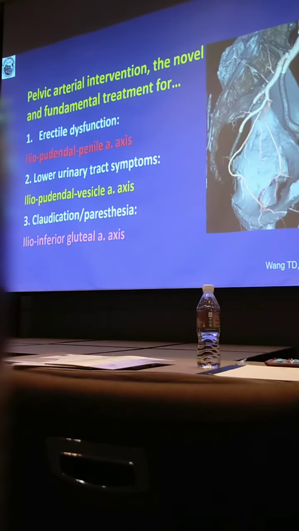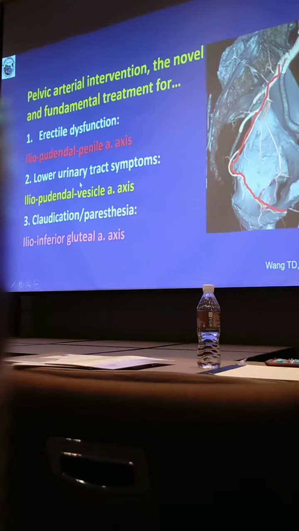And then basically, even though I named it for erectile dysfunction, actually you can treat 3 kinds of diseases, and there are 3 systems. The first, for erectile dysfunction, is all the way from the common iliac down to the dorsal penile artery and cavernosa artery. That's in the red color here. And the other, because the urinary bladder is also supplied by arteries derived from the internal pudendal artery, so if the patient has urgency or overactive bladder symptoms,